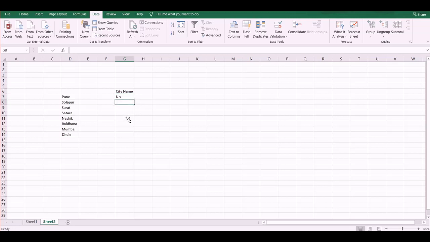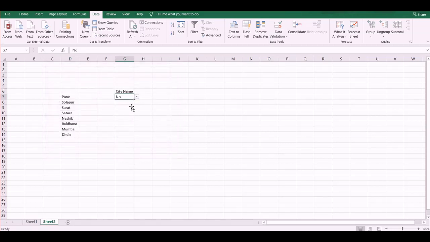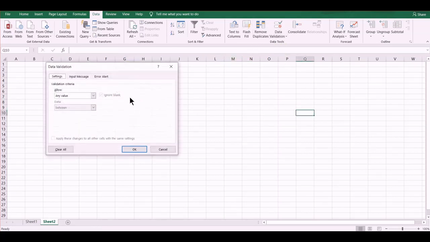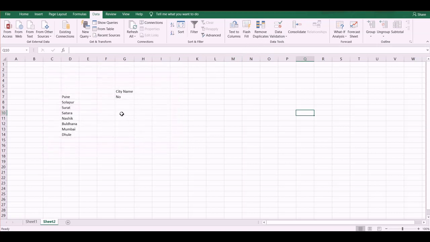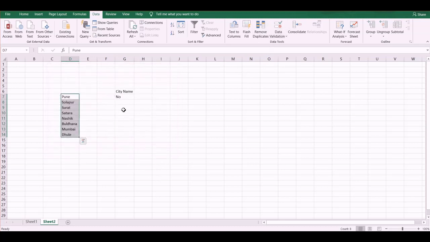But in case we have to add multiple options and they might change over time, I have added these cities. If in future I need to add another city, then every time going to the Data tab and editing these values is a little complicated. If it is a single one, then it is fine, but if the same drop down list is used multiple times, then we need to change it multiple times. But if we are adding it through a database, like this is the database and we are adding direct links to the database, it will be easier to add to the data.